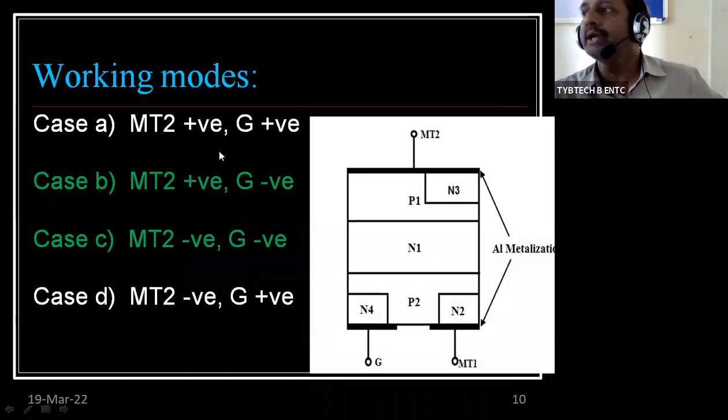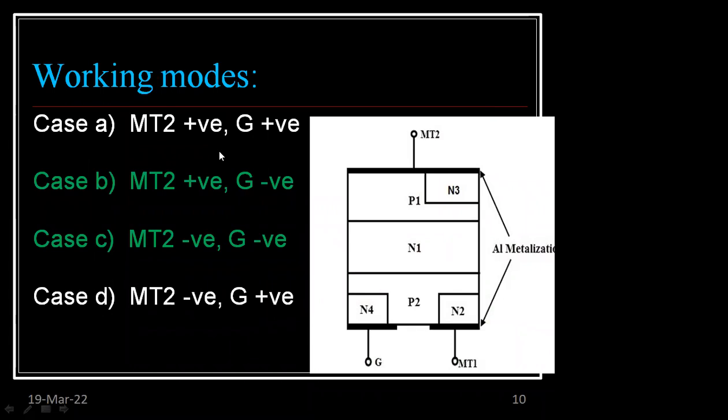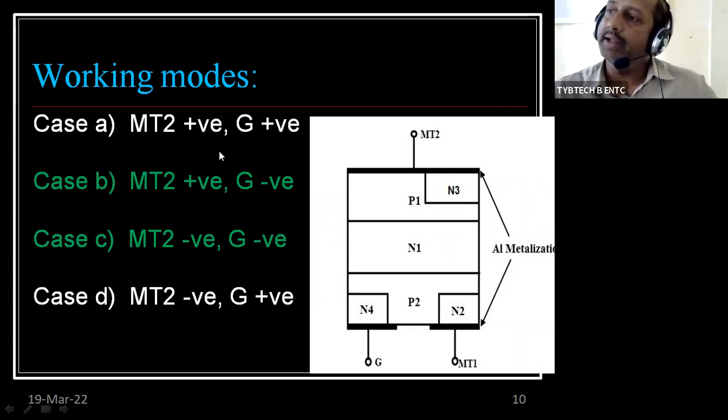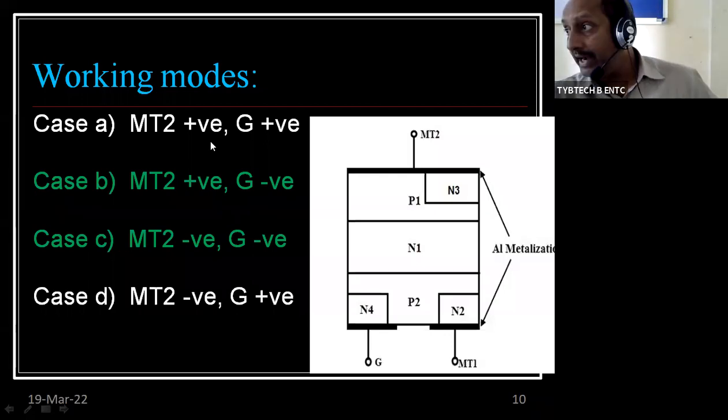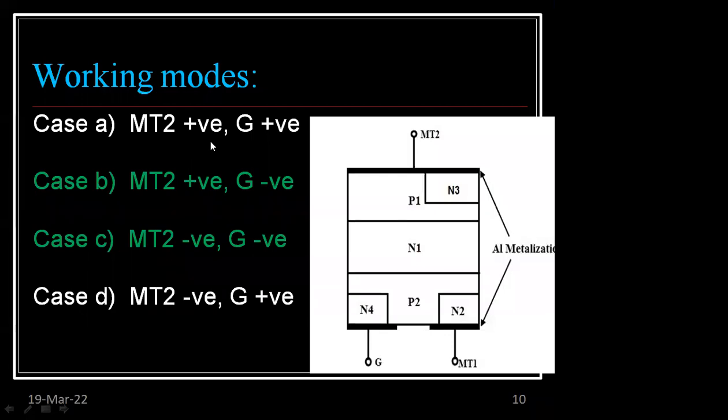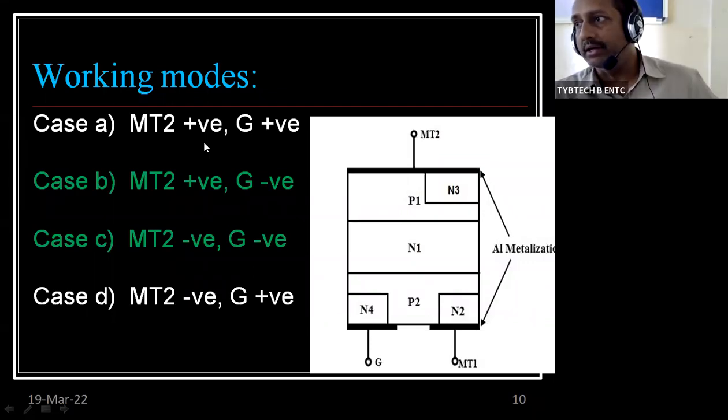As we know, how many terminals does the triac have? 3 terminals: MT2, MT1 and gate. Is it bidirectional or unidirectional? It is bidirectional. So the way of triggering the triac is either you can give a positive gate current or a negative gate current, or another way is